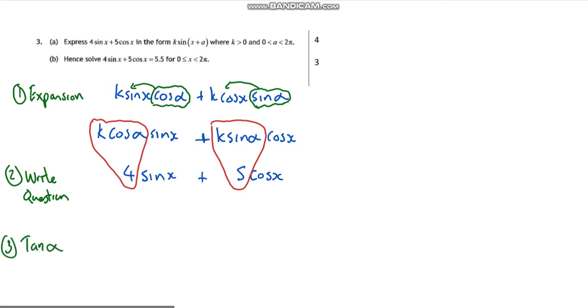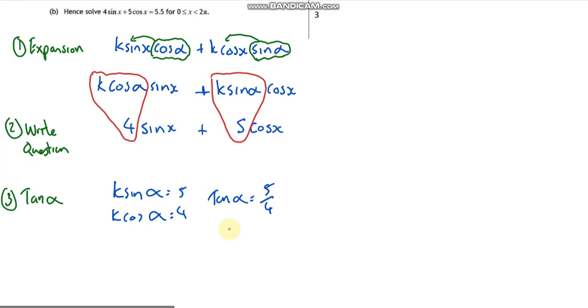We'll do tan alpha. So what we'll do then is we'll say that I know that k sine alpha is equal to 5. I've just circled that, and k cos alpha is equal to 4. So that means that tan alpha is going to be 5 over 4, because sine over cos gives you tan, and the k's would cancel out. Okay, so then I'm saying alpha is going to be equal to tan to the negative 1, 5 over 4, which is going to give me,